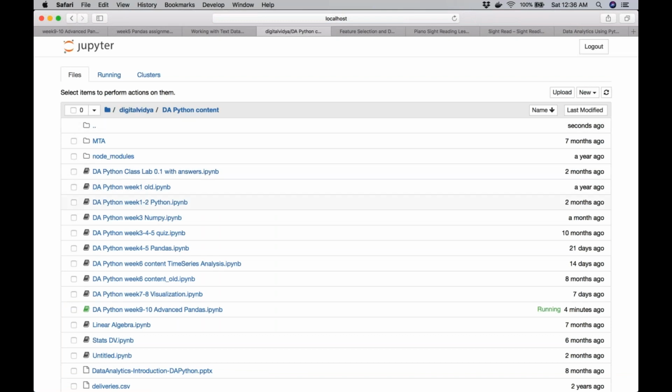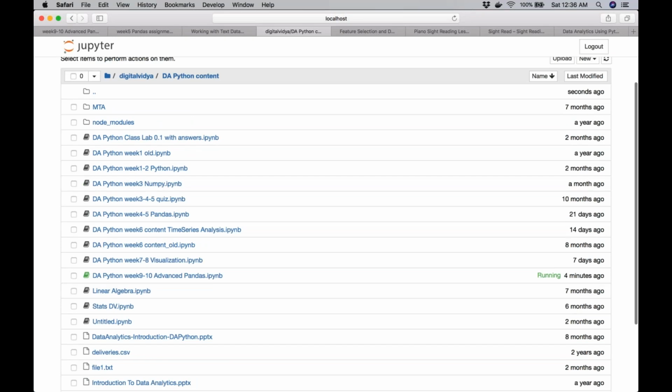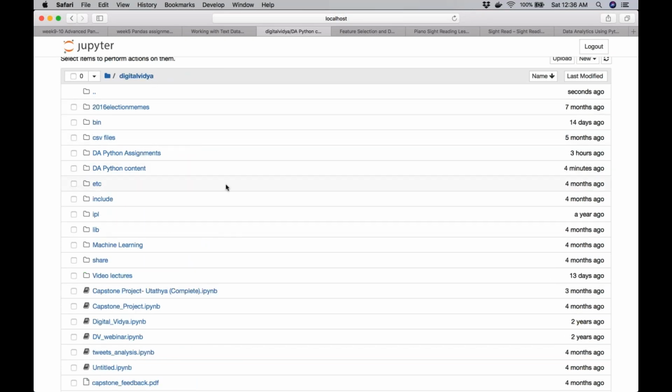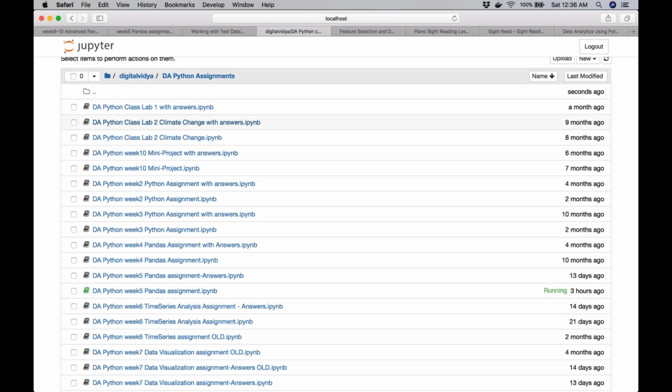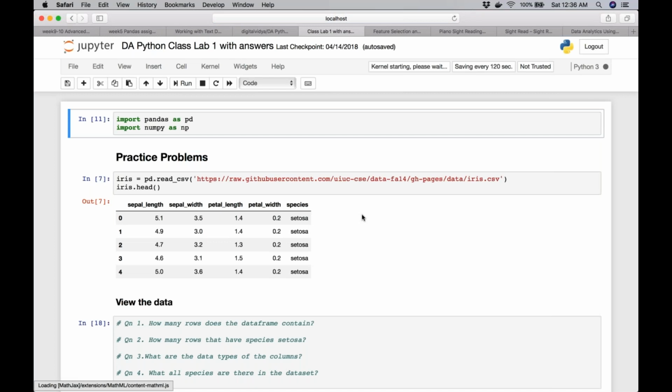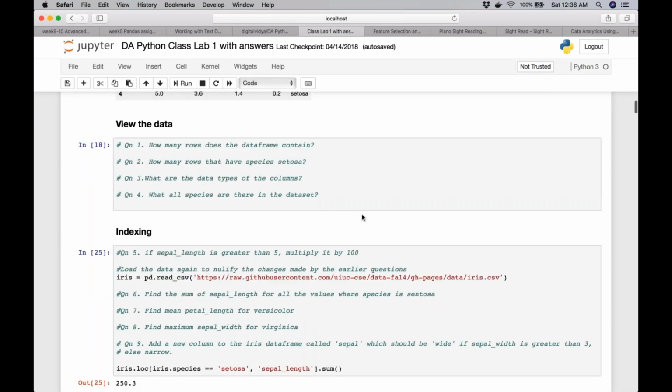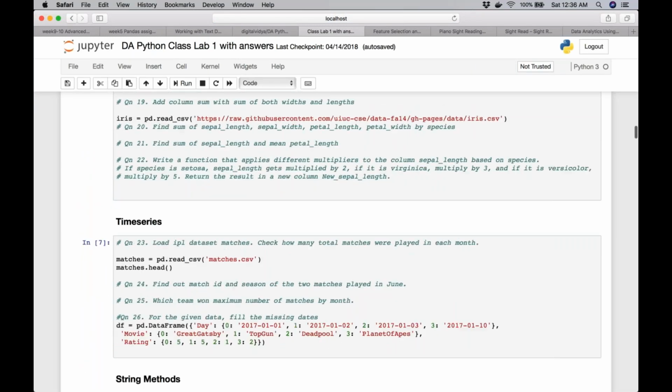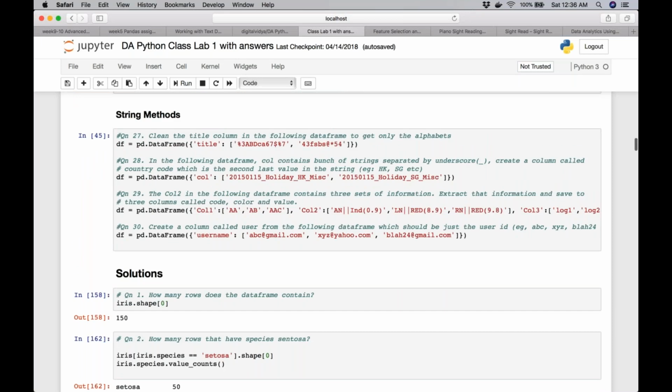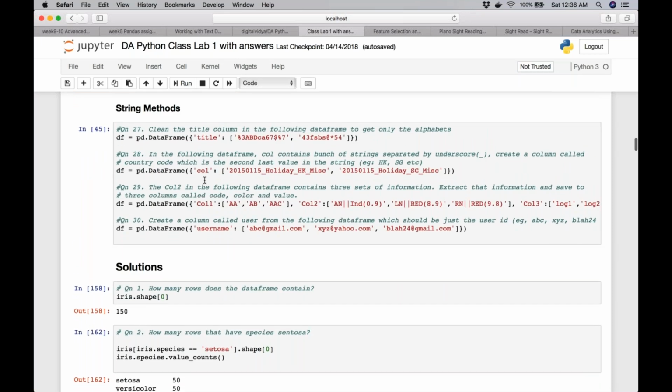It starts from the iris, missing data, operations, time series, and it has some examples on the string methods. Not too many, just four.